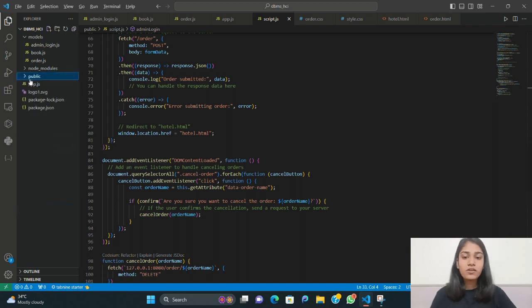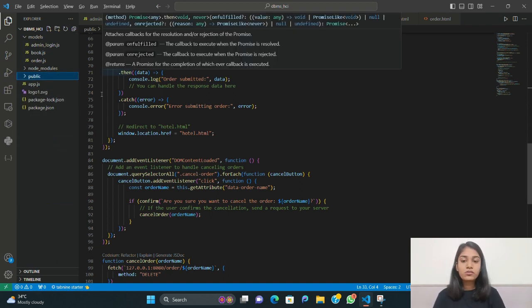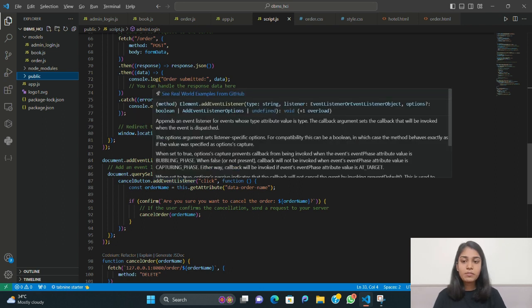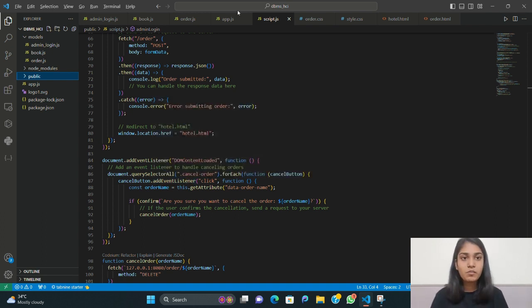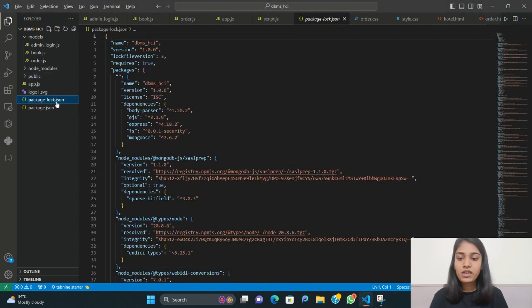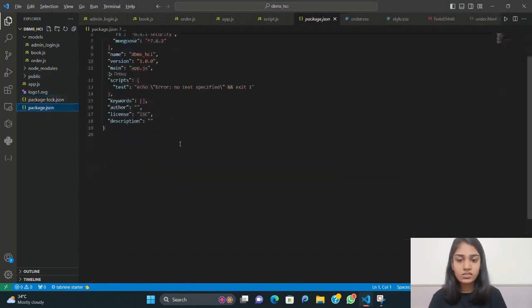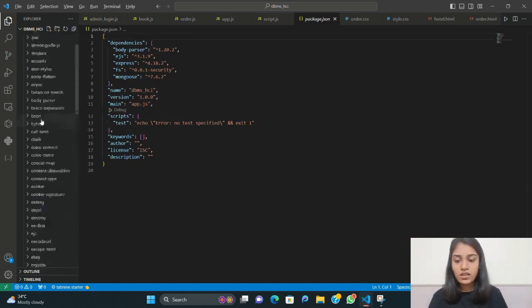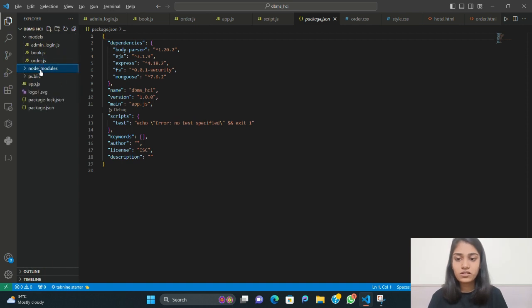So to manage the backend of the page, I have included 2 to 3 packages, that is Express, Mongoose and init-1. To install the packages, you just have to write npm install mongoose, npm install express and npm install init-1, and you can get access to those packages. When you install them, you will get the package-lock.json and package.json, you can see here, and these modules will be imported as they are by the package installation.